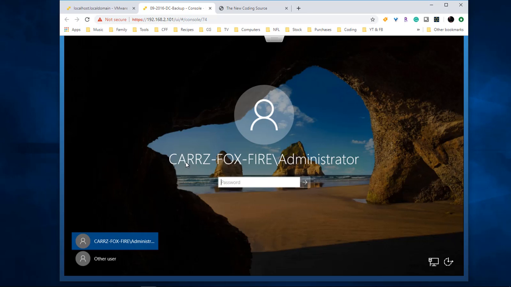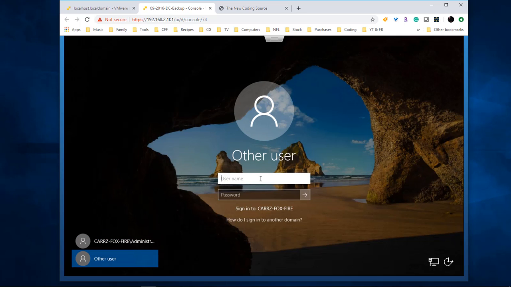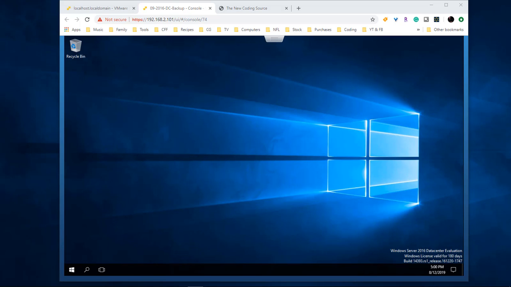Okay, now it's automatically going to pop up with our domain and the administrator. However, that is not the login that we want. What we want is the one that we logged in with whenever we joined the DC. So that is cars 2016-2. Okay, so how we tell if everything worked like it's supposed to is that we simply click on our start